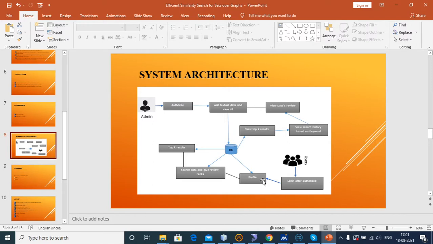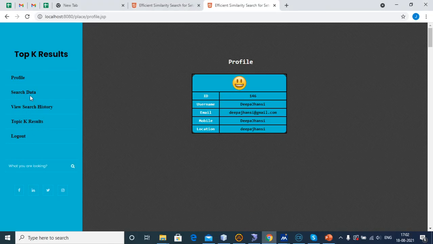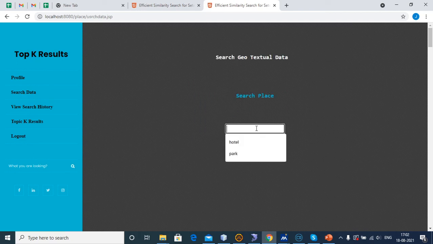Next, the user can search the data that is available, and the user can give the review and rankings. Now I am searching the data. For example, beach.